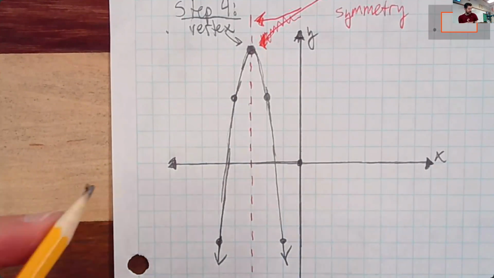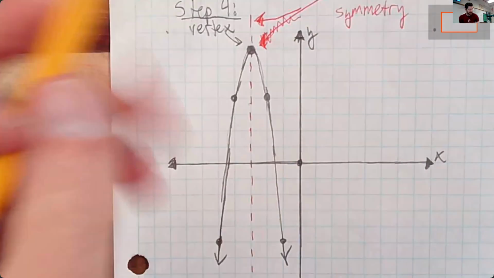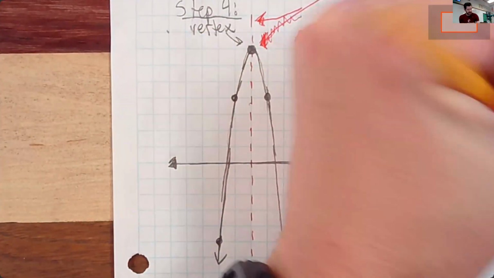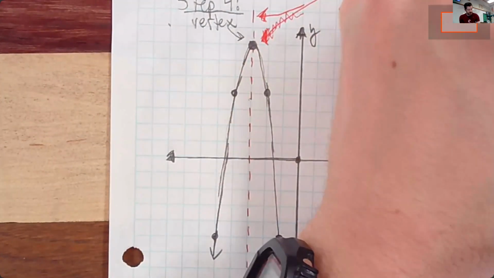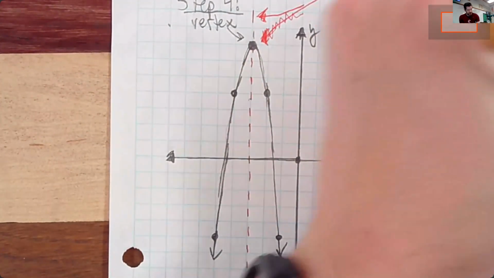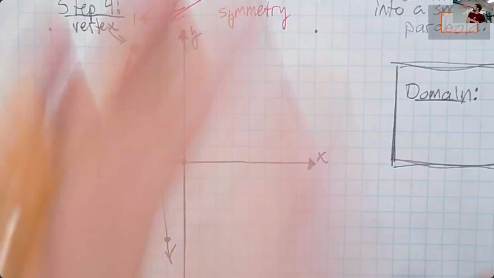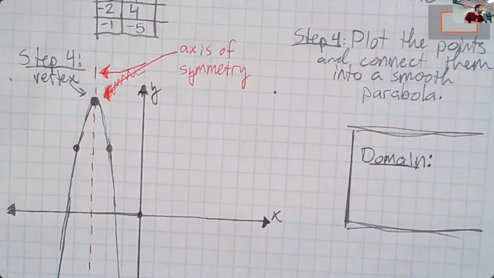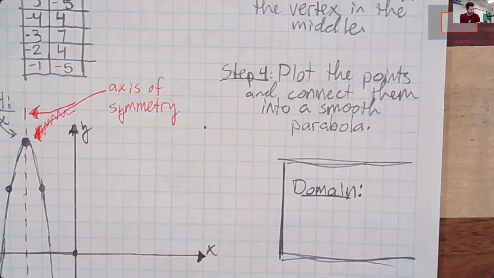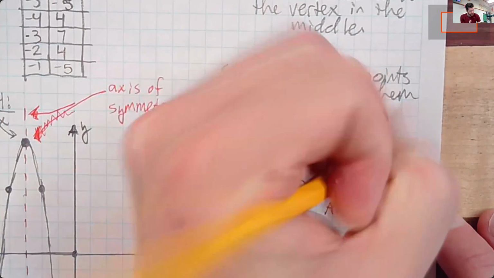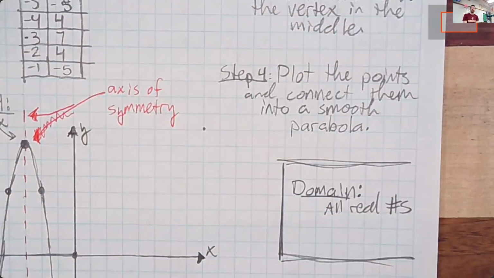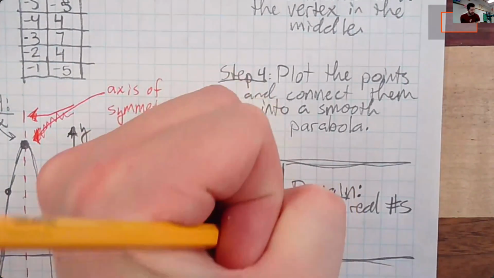So the domain, let's just make a separate box over here and say domain. What is the domain for every single parabola? Anybody remember? All real numbers, yes. That will be the answer for every single domain of every single parabola. The range, on the other hand, will